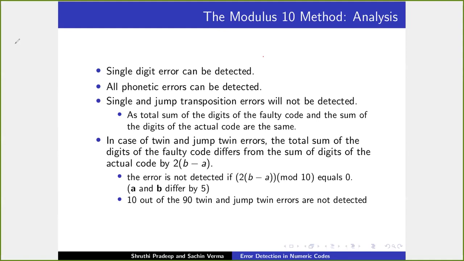Yes, any one of you? 00 and 55. Is it okay? 2 digits, but there you are unable to detect. 00 modulo 10 is 0, and 55 also is 0. So they are two numbers. 00 is the twin error: we are sending 00 but we are getting 55, and we cannot detect it now.